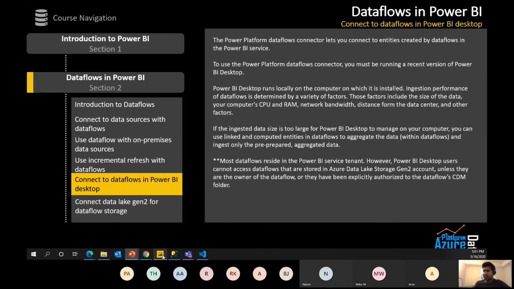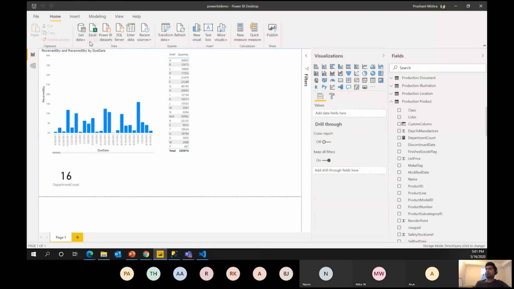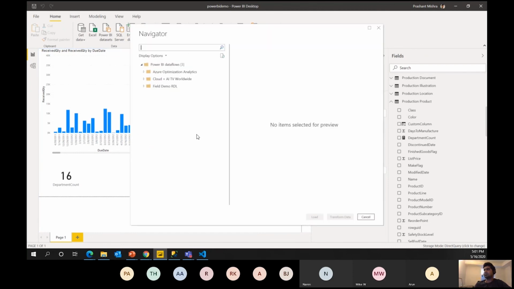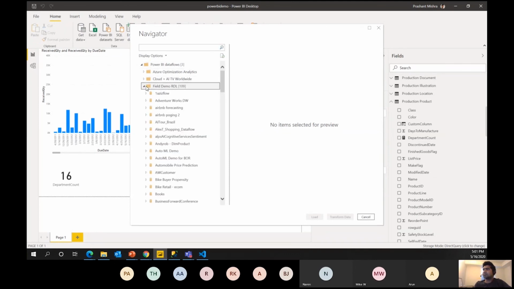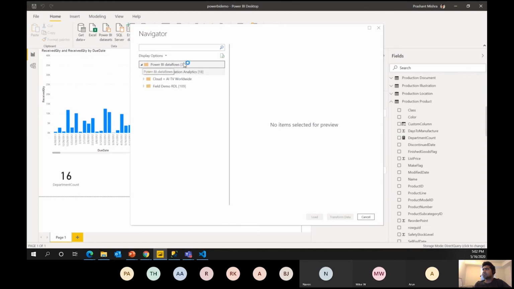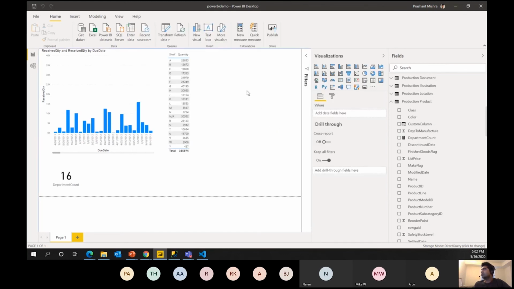Okay, but before that, let's go to Power BI and get data. In get data, you see there is Power BI data flows. So I'll click on this. So it is taken to a different one.